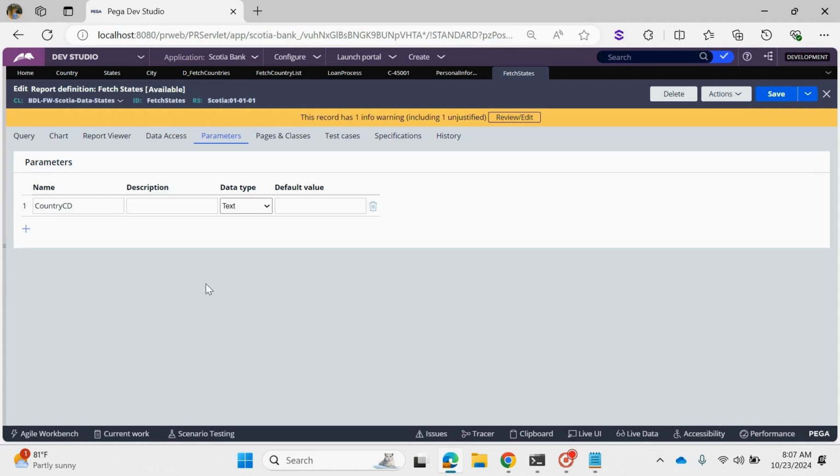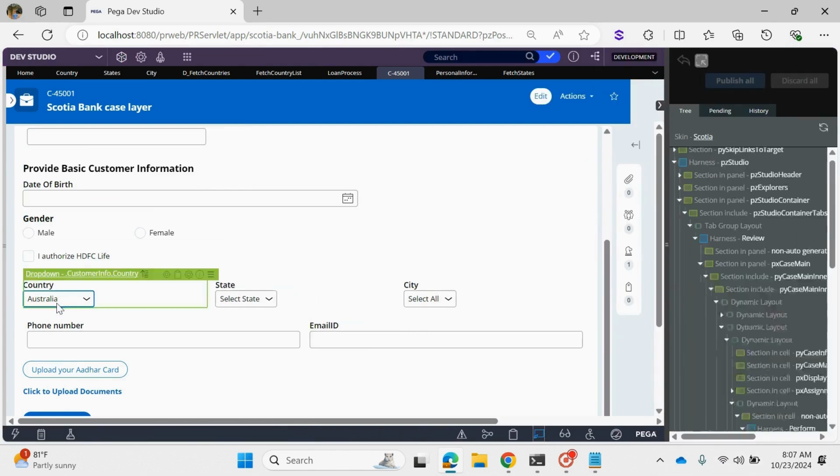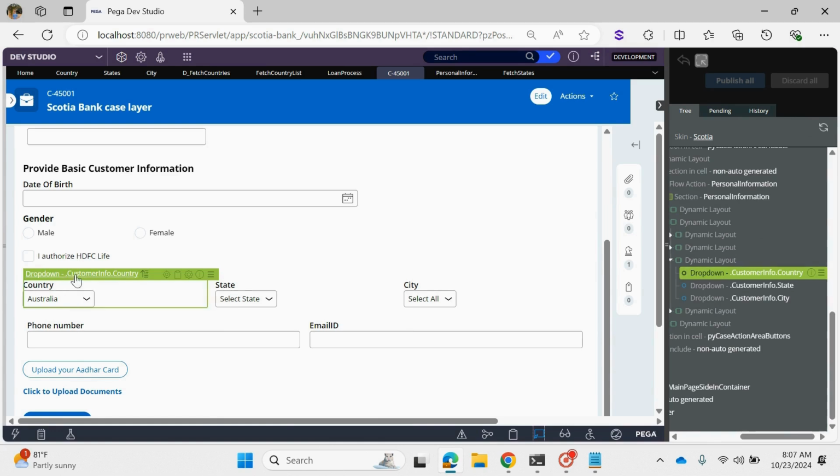It can take one value from one rule and pass it to some other rule. That value is going to hold the value and pass it to other rules. In the same way, the values are coming here. When the user selects Australia, this value is going to get stored under the property dot customer info dot country property. Customer info is the page. Under this page I took this property, and this property is going to store the value in the clipboard